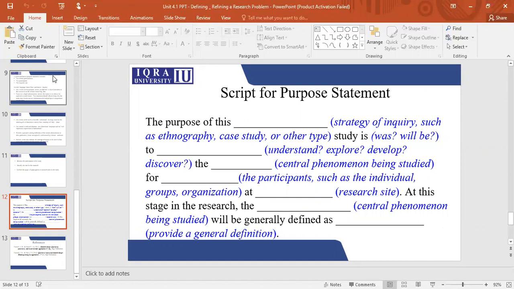So you start it like this, and then you talk about the definition, then you talk about what is going on and why it is important to research it, and then you can narrow it down to your